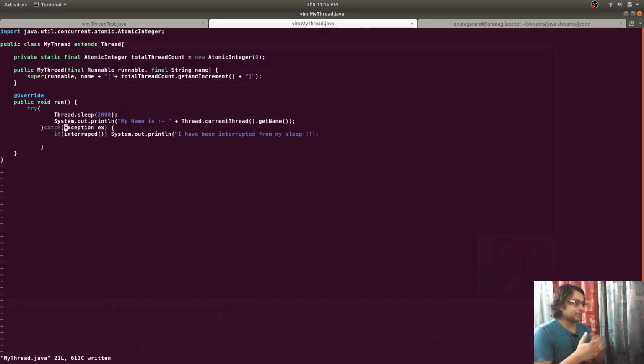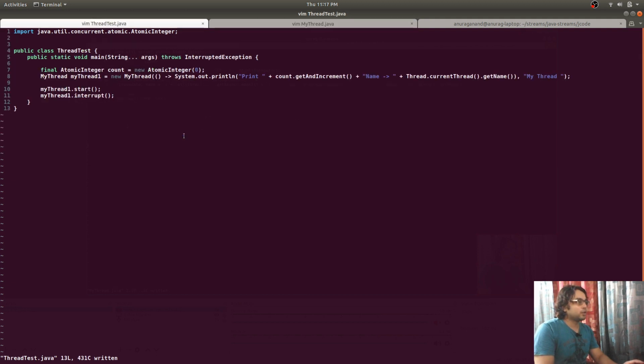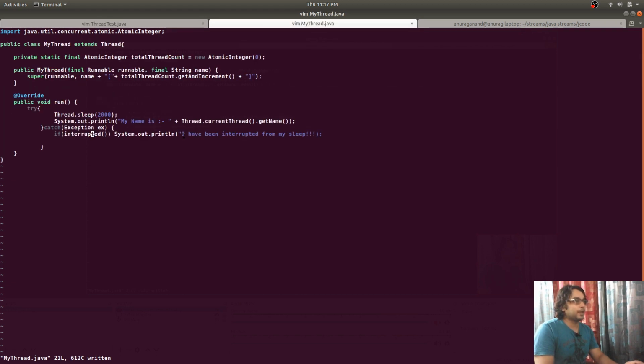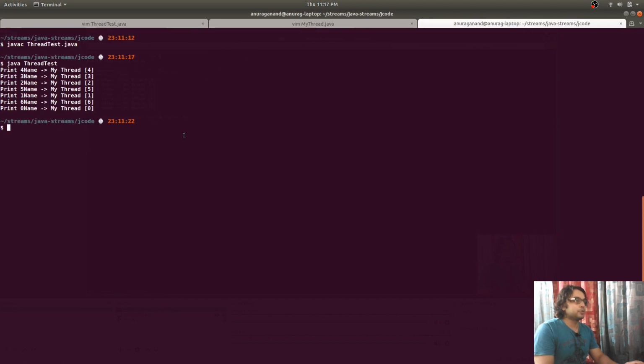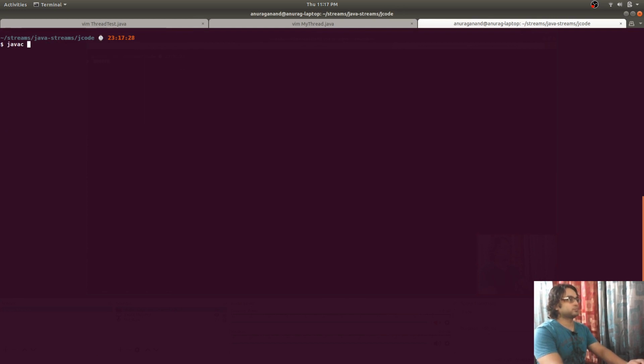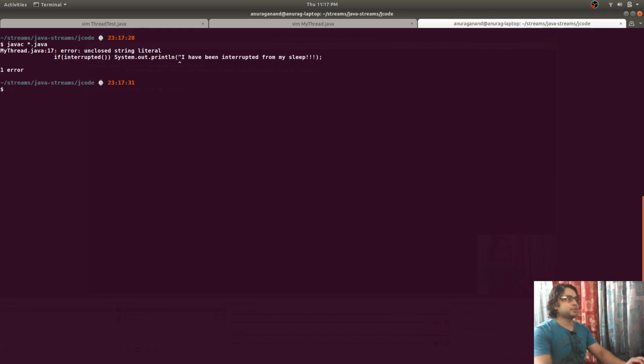But in the case of multiple exceptions, we can use this method to check whether our thread was interrupted or not. Many times there are Java functions where your thread can be interrupted and it can still keep executing, and it's up to you what to do with the interrupt status. I'm going to interrupt it, and this print statement should be displayed on the console.